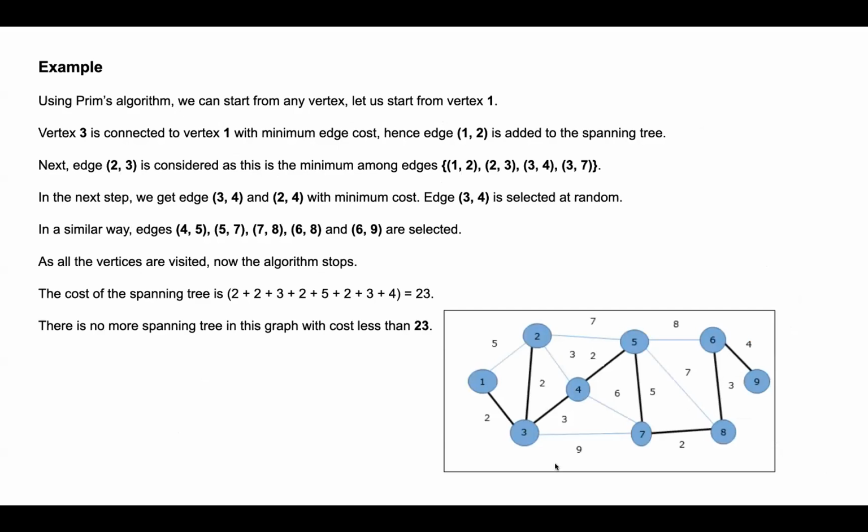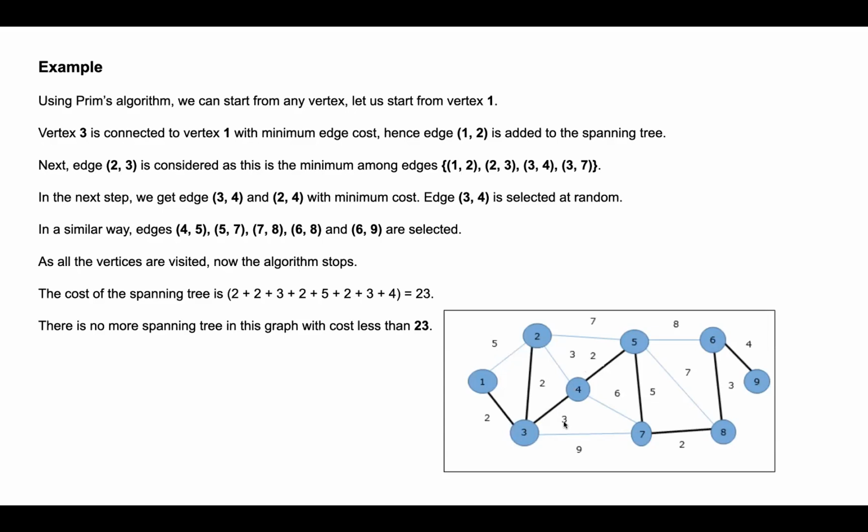Here we have seen an example for that also. We started from 1, then 1 to 3, and 1 to 2. 1 to 2 is 5, so we will go for 1 to 3, which is 2. Then from 3, we went for 3 to 2, which is 2. Then we can go from anywhere, from 2 or from 3, but we got the minimum cost of the edge from 3. So here we go 3 to 4,